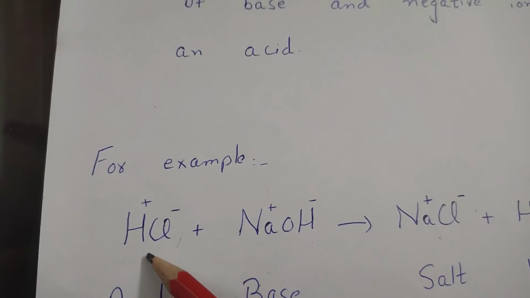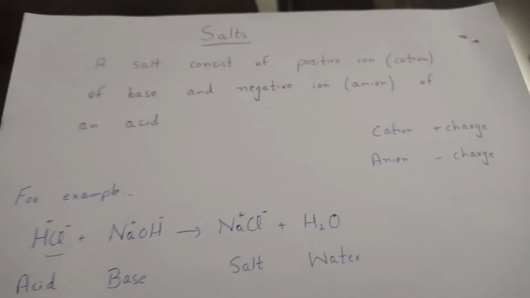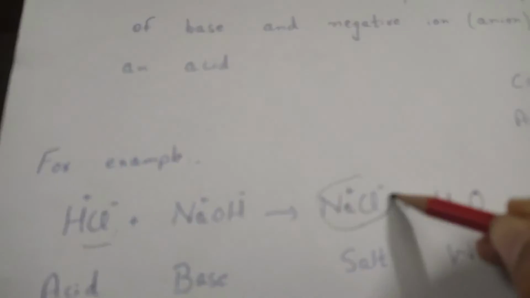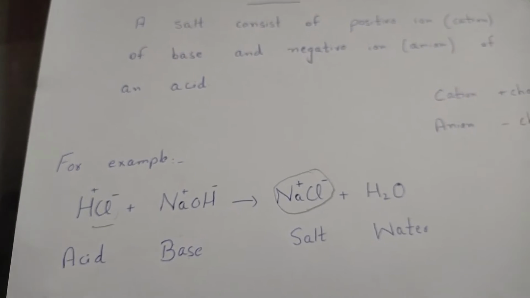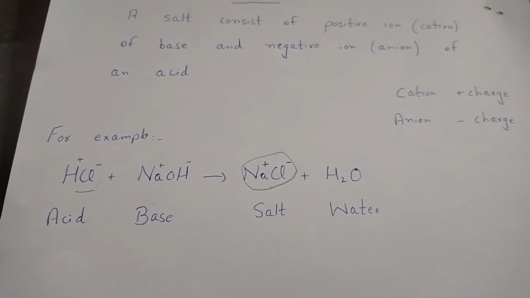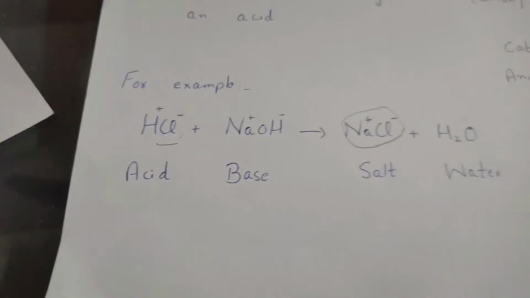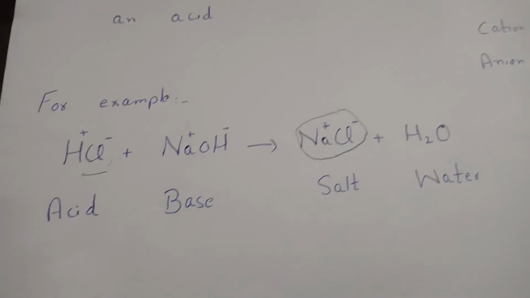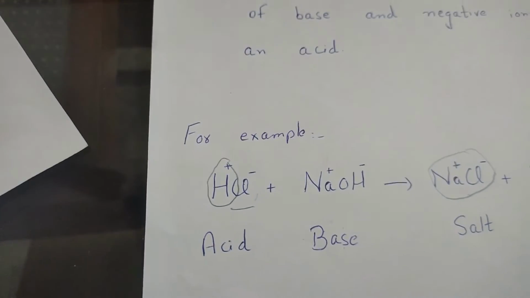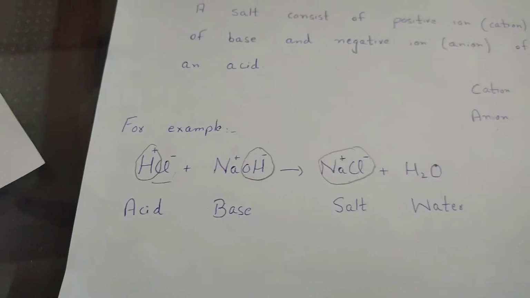Chlorine, if you observe, has a negative sign. Negative means that it is called an anion. Got it? According to this definition of NaCl, where does the positive part of the salt come from? From the base. And where does the negative part come from? From the acid. And how do we know which is acid and which is base? If we have this hydrogen, this tells us that it is an acid, and this tells us that this is called a base.